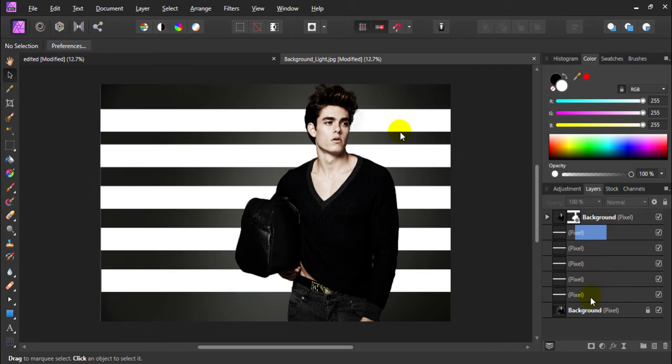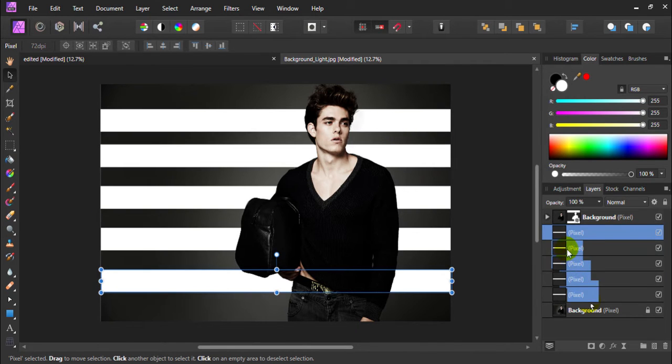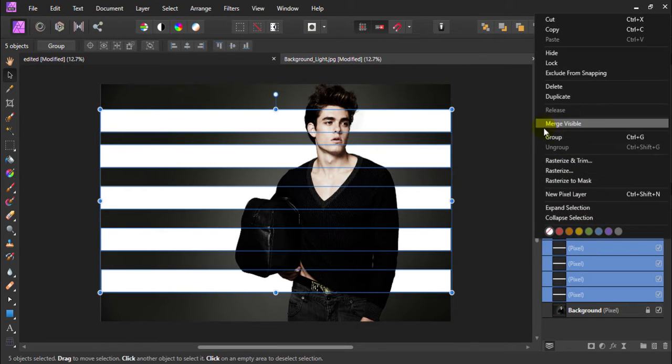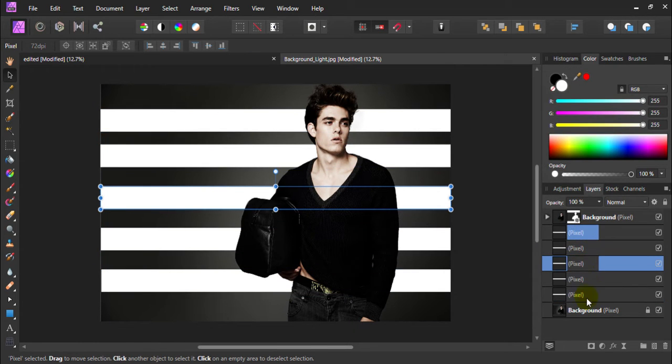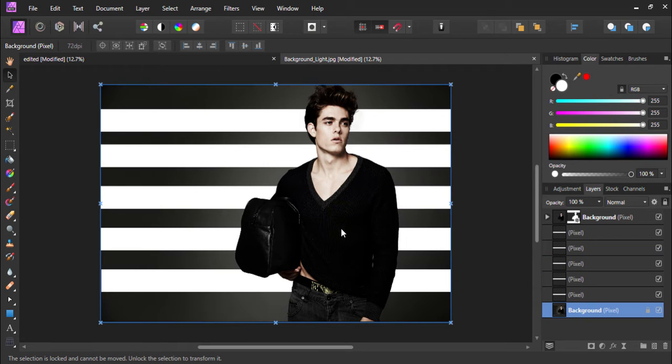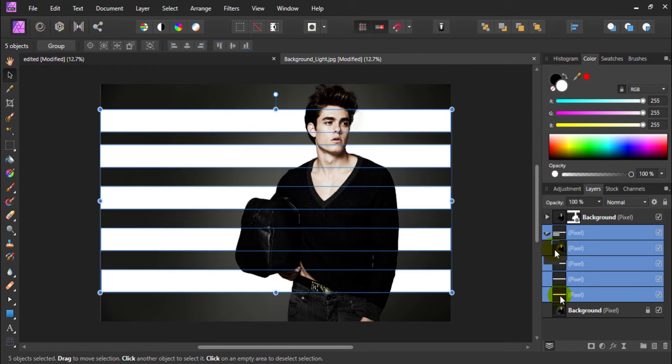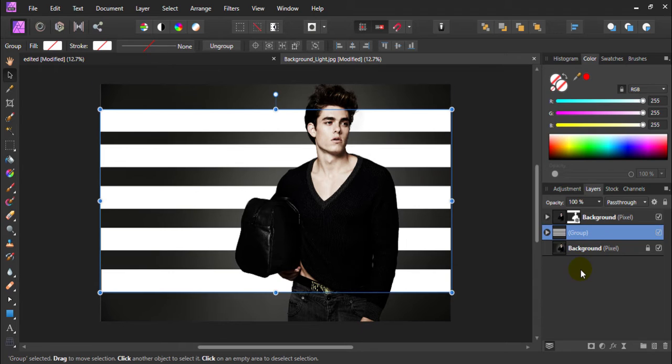So after that we can select all these pixel layers. If you are doing this editing in Photoshop, now you have the option like merge layers. Okay, so we also have merge visible layer, what that does is merge all the visible layers below this pixel layer. So it will also merge this background layer, which is the model layer, and we don't want to do that. So what we can do is select all these pixel layers and make a group of it. By doing this we don't have this model layer and we only have these strips of light.